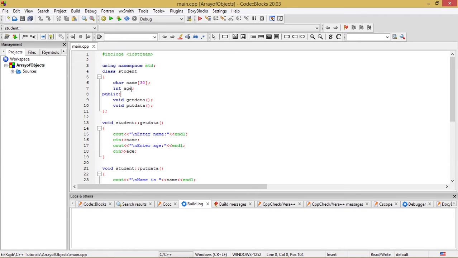One thing to be explained is that we didn't supply any access specifier above these two variables. If an access specifier is not defined explicitly, then by default in C++ it is taken to be of the private category.